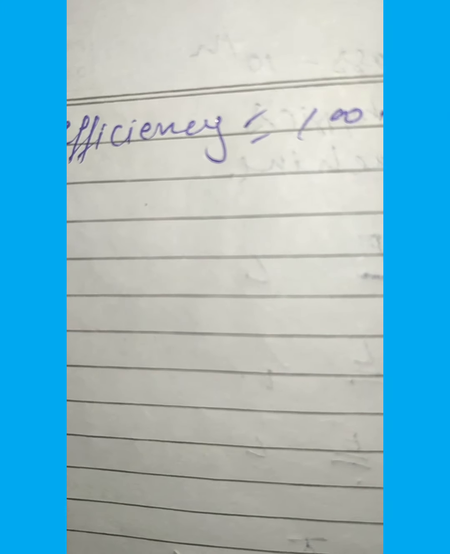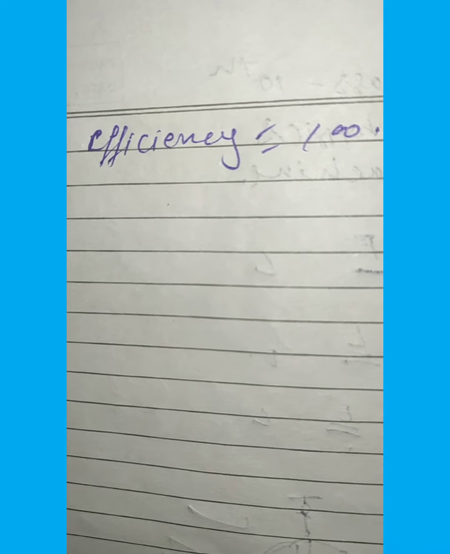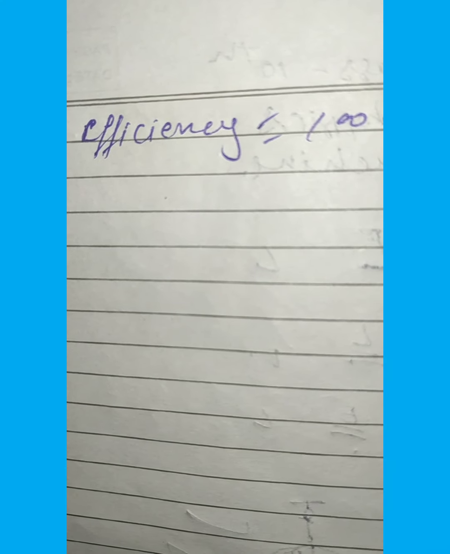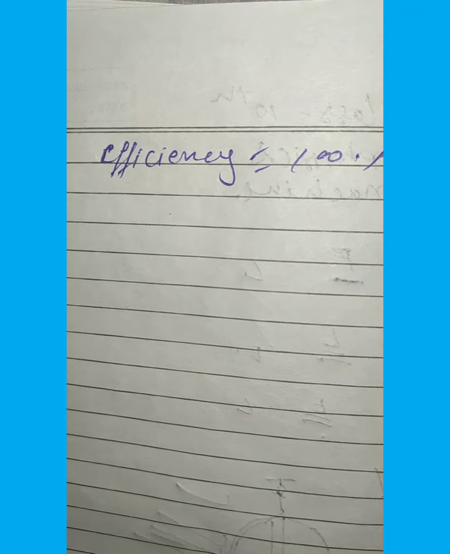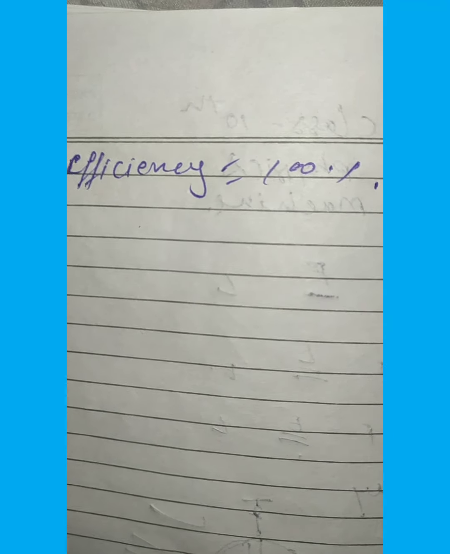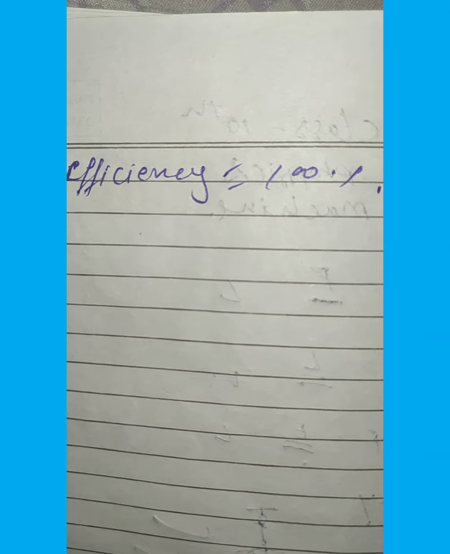In the next video, I will explain the main topic with numericals, which I think has a 95% chance of appearing in the exam: the movable pulley, when we use a combination of pulleys, meaning we use 2, 3, 4 or 5 pulleys. I will explain it in the next video.